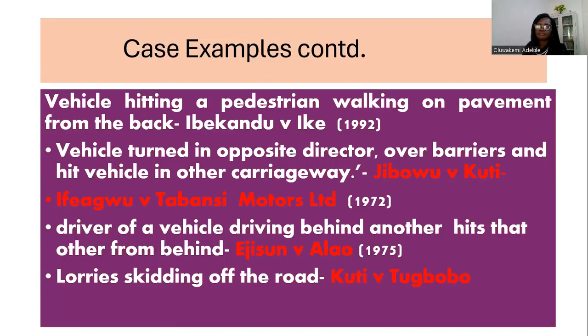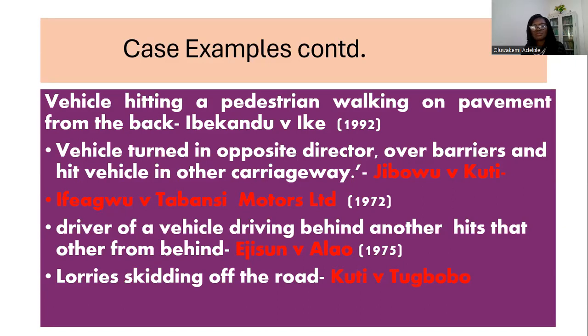You have other case law examples with someone walking on the road and being hit by a vehicle. The person is keeping a proper watch out, is walking on the pavement, and the vehicle leaves the road and goes to hit that person. The victim would be unable to tell the court what actually happened that made the vehicle skid, leave the road and come and hit him. Or a driver that hits another from the back. The court will presume that somehow the driver has been negligent, because vehicles do not propel themselves. Somebody is in control, is in custody of the vehicle and is driving it. So these are some of the cases